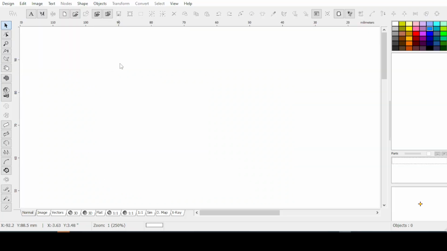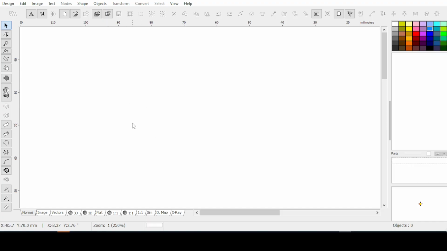So here we are in Studio Regular, and I'm going to create a different shaped outline, one that I like to create sometimes when I'm in, well, either Studio Regular or Studio Next actually, but I like